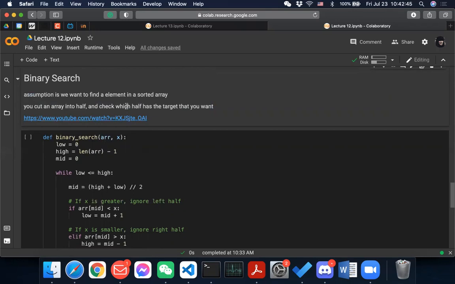This scenario is saying that if the element is already sorted and you try to find an element in it, or... I don't know if you have heard of this joke, but I feel like I just want to say it to you guys. So